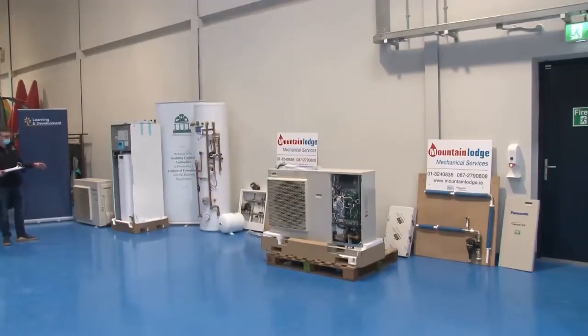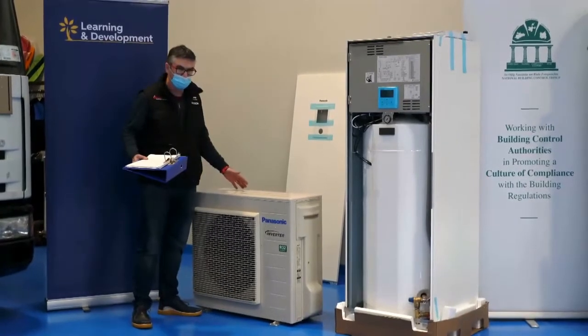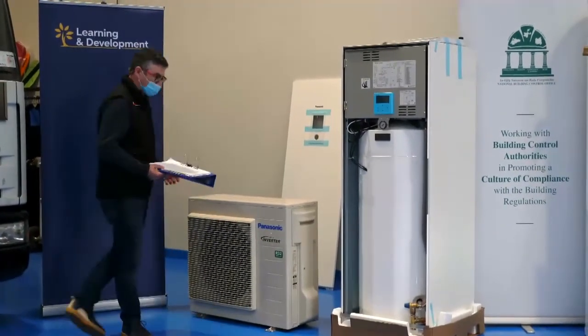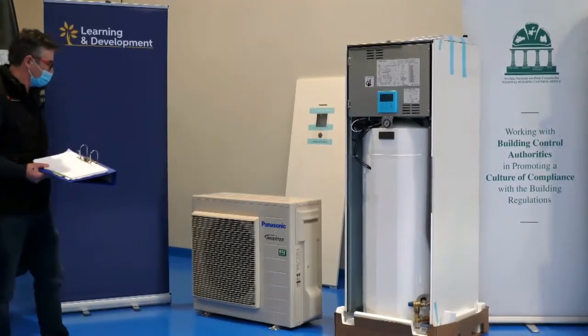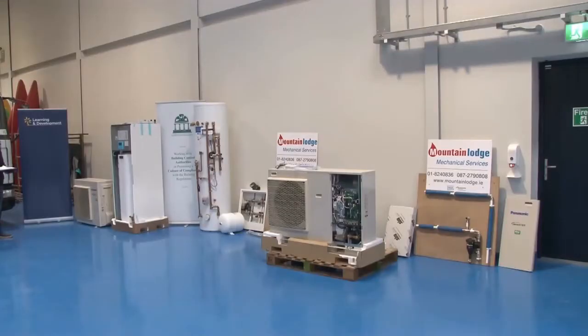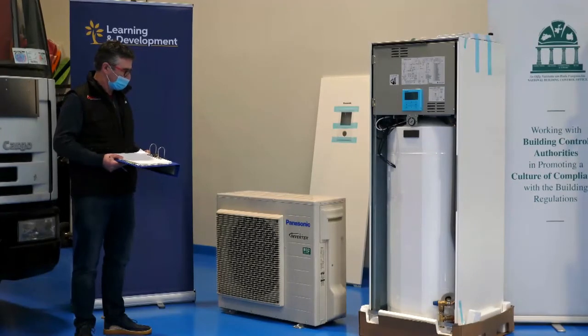This is the split system. Again, the principles of the outdoor unit are going to be the same. It's going to be either located on a base, or on legs, with a gully close by. Clearances are going to be the same because it's doing the very same job as the other unit. So you're going to look for minimum clearances, 250, 300 mil from any to the side and to the back of it. And again, you don't want any hazards parked in front of it, so that it can blow away its